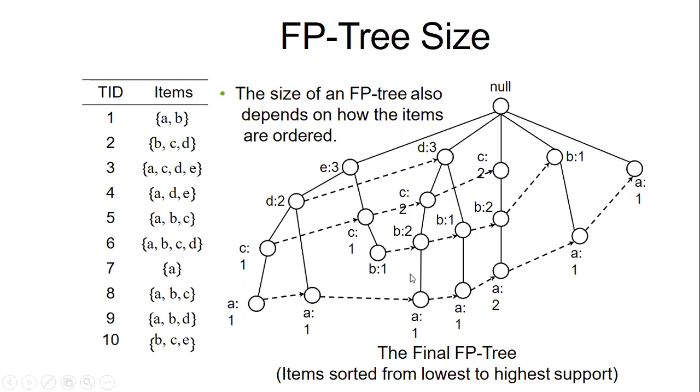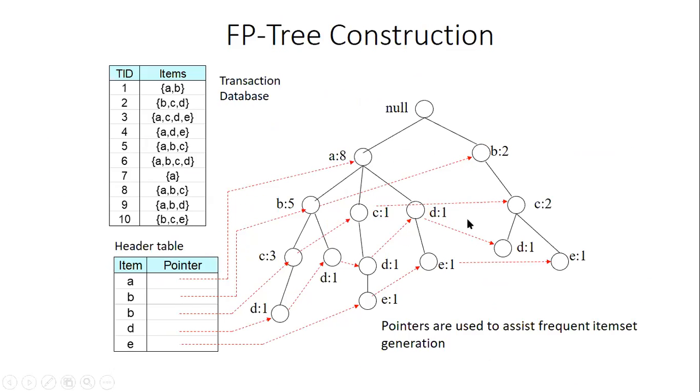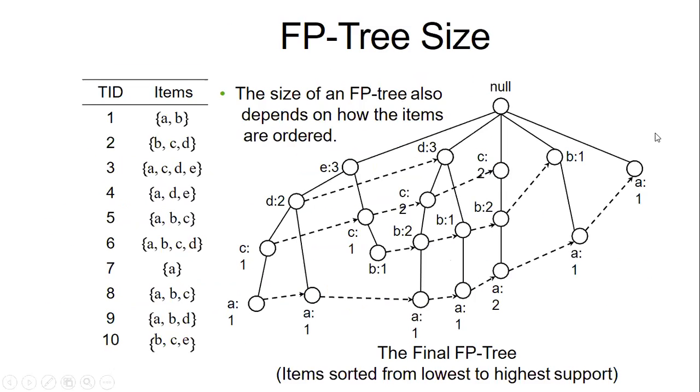So in this slide, I am showing you the tree. The size of the tree differs when we take the support count in increasing order, whereas previously we did it in decreasing order. If you take it in increasing order, if you observe, the tree is a little bit broader than the previous tree. Let me show you once again. This one is a little bit compressed, right? Here you have only 1 2 at the first level and 1 2 3 4 in the second level. But here you see 1 2 3 4 5, so it has become a little bit broader.